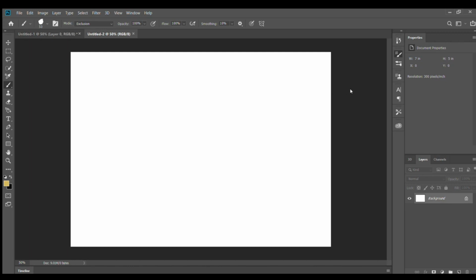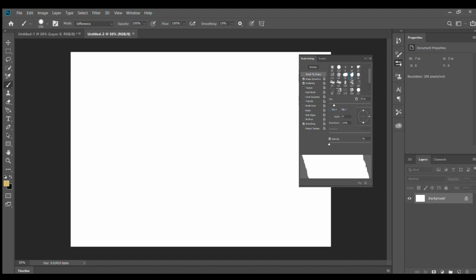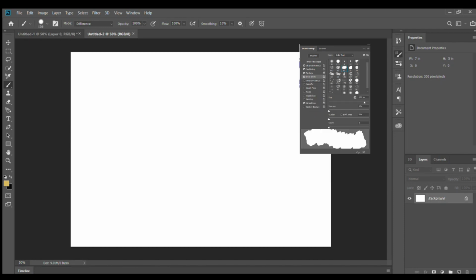See, so the brush shape is going to be changed here. Texture you can also use. So these are some different properties that you are using, and if I select another brush, the size is increasing, and this is the brush shape.